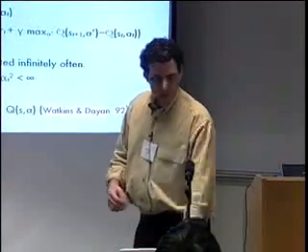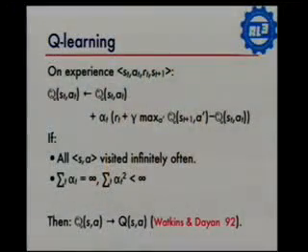So one of the most popular algorithms for approaching these kinds of problems, but this is ultimately not going to be the one that I'm going to tell you I like, but it's still kind of cool to know it, is Q-learning. Q-learning goes like this. As the agent is acting in the world, it's getting experience that looks like this. I was just in this state and took this action. I ended up getting this reward as a result, and I ended up in this state after that.